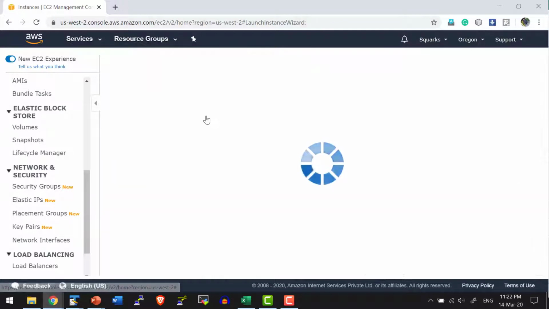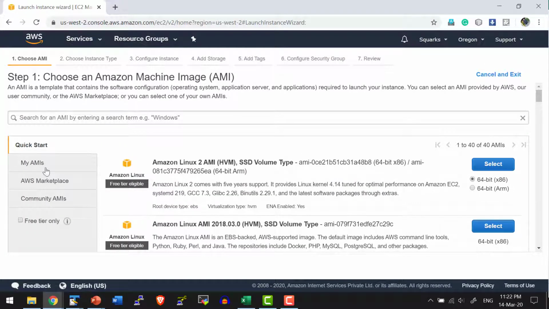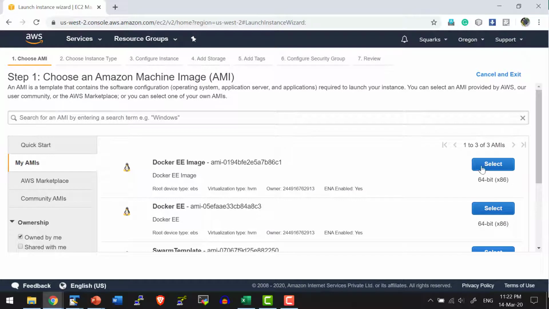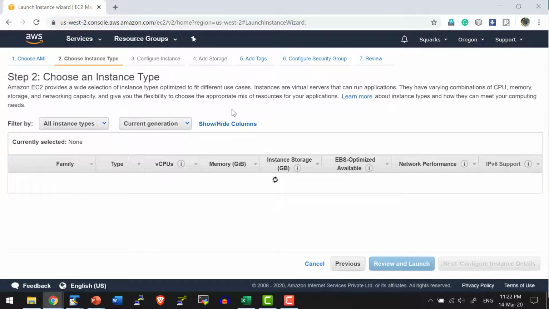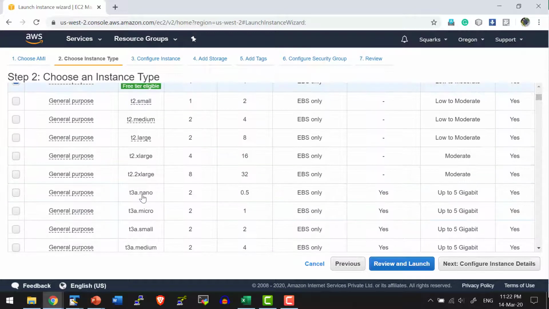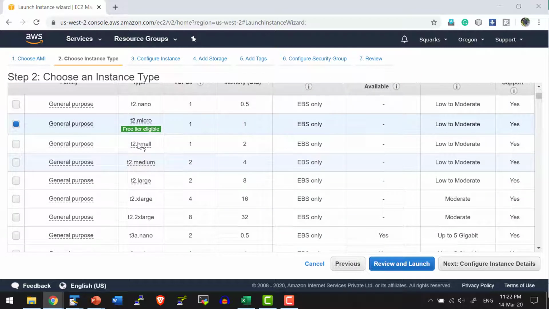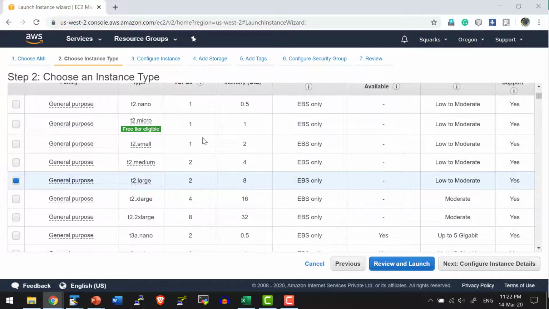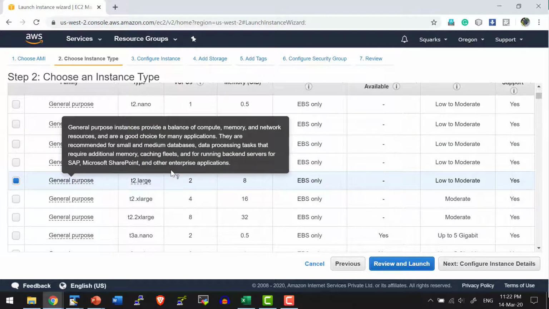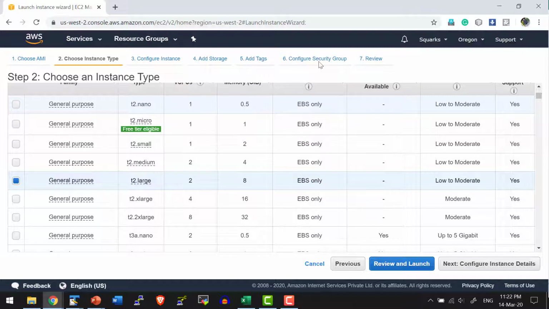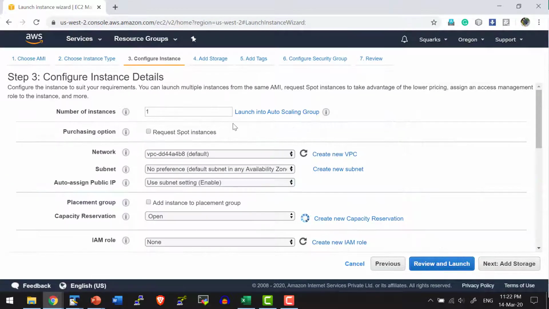So I'm going to launch instance. Since I do have the AMI, I'm going to select the AMI. So here's where the advantage of having the AMI comes into picture, where I don't need to go ahead and do further installations. I can go with T2 small or medium or even large, as it is going to be just workers, and I'm going to go with large as I'm going to install DTR as well as a part of that specific node. So I'll go with T2 large so that it will have more memory, and I'm going to request for 3 machines.